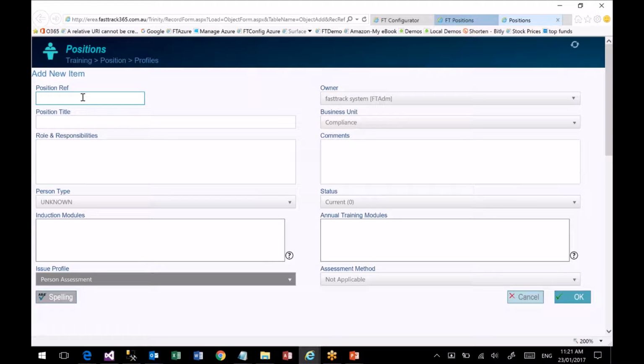Starting with the position reference. Every record you create in Fast Track has to be given a unique identifier, in this case position reference. Now for position profiles, we've got a convention that we start them with the $ sign. That's just so people don't get them confused with actual people's names. We then would give a title, say it's an admin staff person. A description of that, you can then detail and type in a good description of their responsibilities,